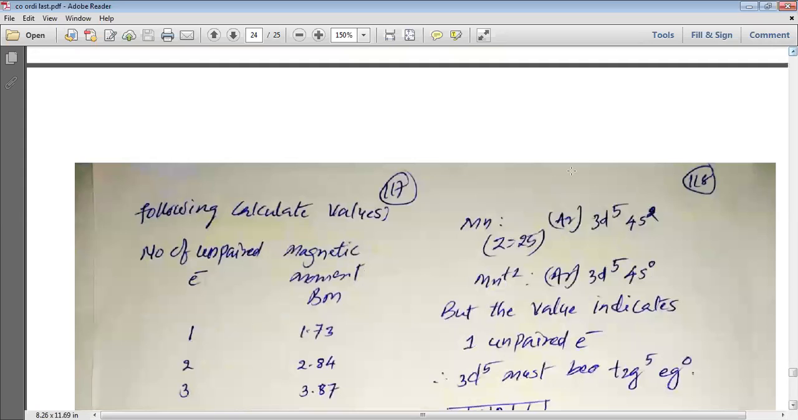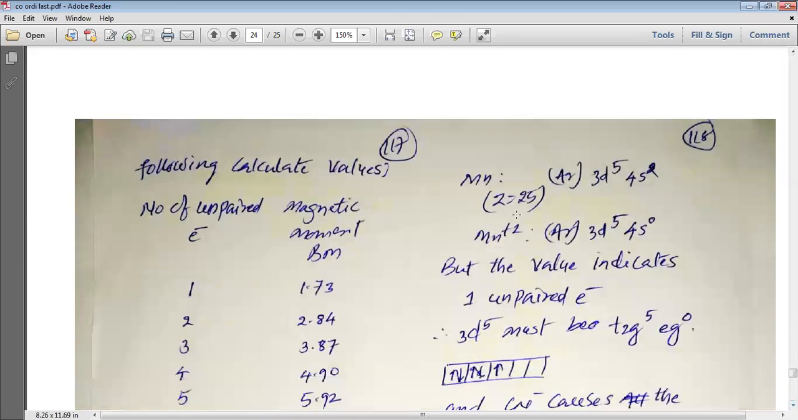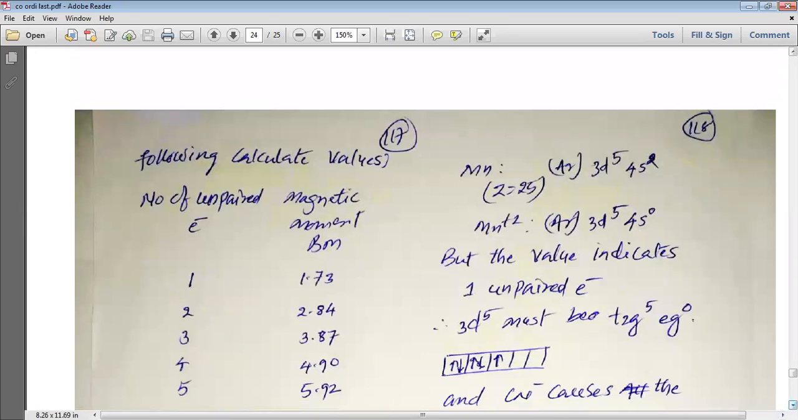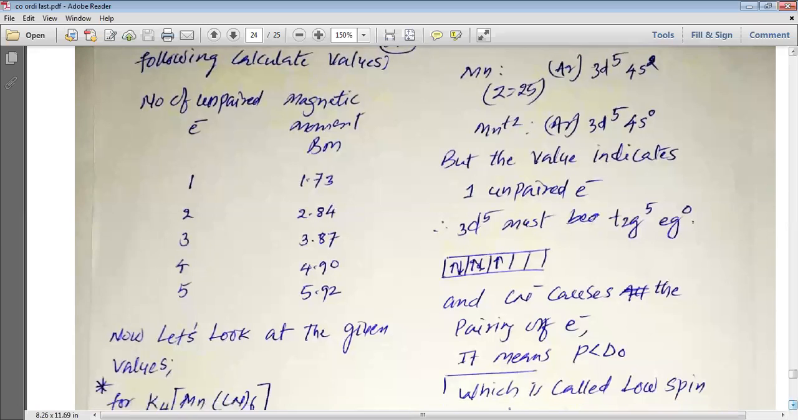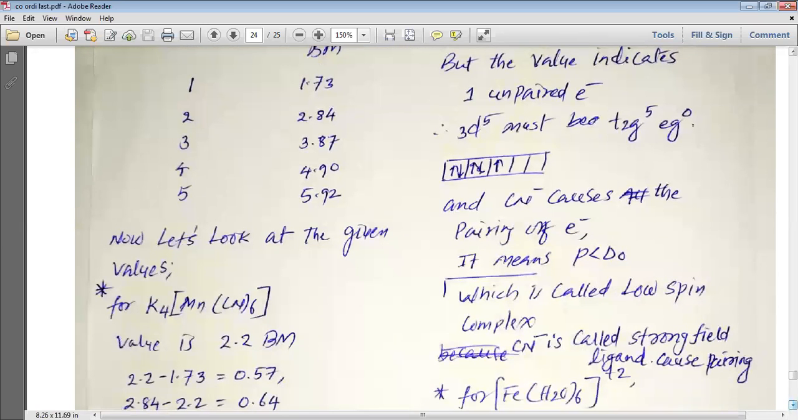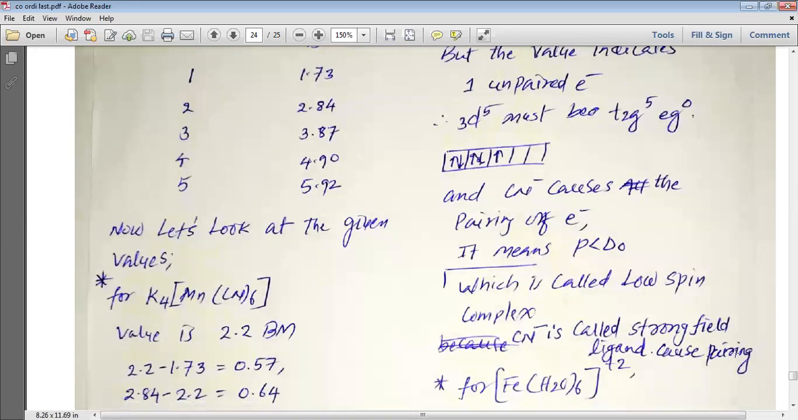Now my dear students, Mn has atomic number 25, so it is argon 3d5 4s2. When Mn plus 2 is made, it is argon 3d5 4s0. But the value indicates that there is only one unpaired electron. That means when [Mn(CN)6]4- is formed, pairing of electrons takes place. So 3d5 must be t2g5 and eg0, where CN minus causes the pairing of electrons, and that means the pairing energy is less than the octahedral